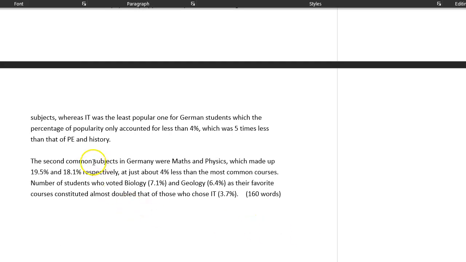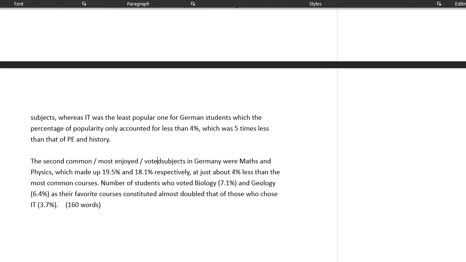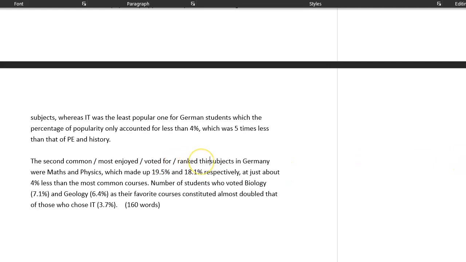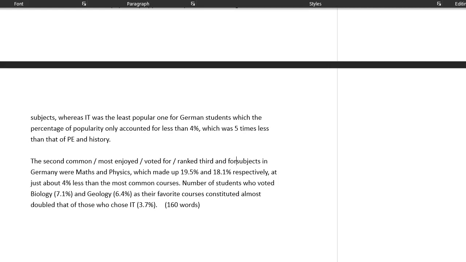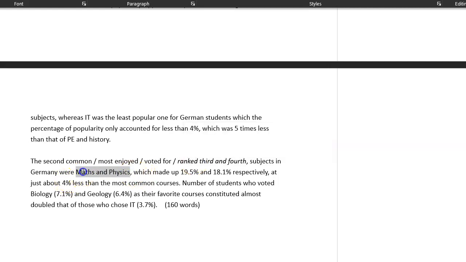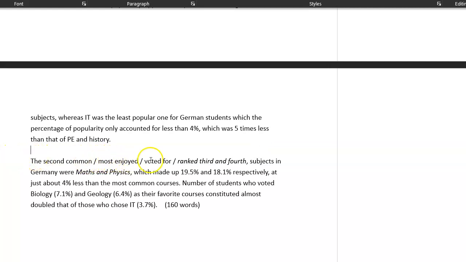The second, it's not really common. It's the second most enjoyed, or voted for, or ranked. You could have "ranked second". Now, it's actually ranked third and fourth, isn't it? "Subjects ranked third and fourth, maths and physics, made up respectively." Okay, so if you have this, I mean, you don't have to. If you had "ranked third and fourth", then you'd come into "maths and physics", and you wouldn't need "which". You just have "made up that". But don't worry. Go with the second most enjoyed group or whatever: "were maths and physics at just about 4%"